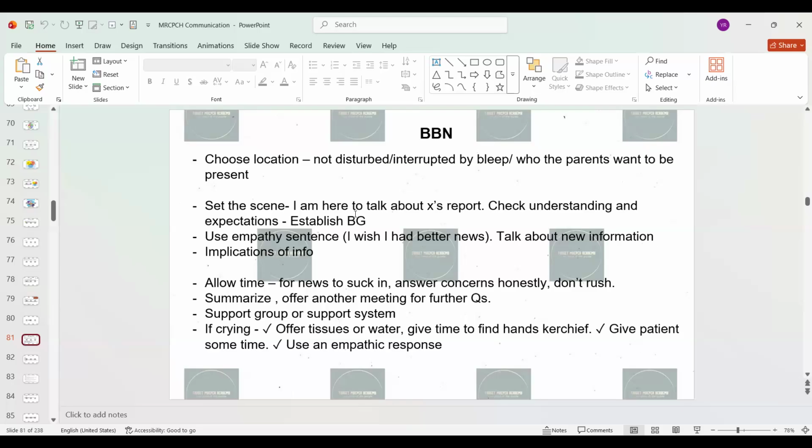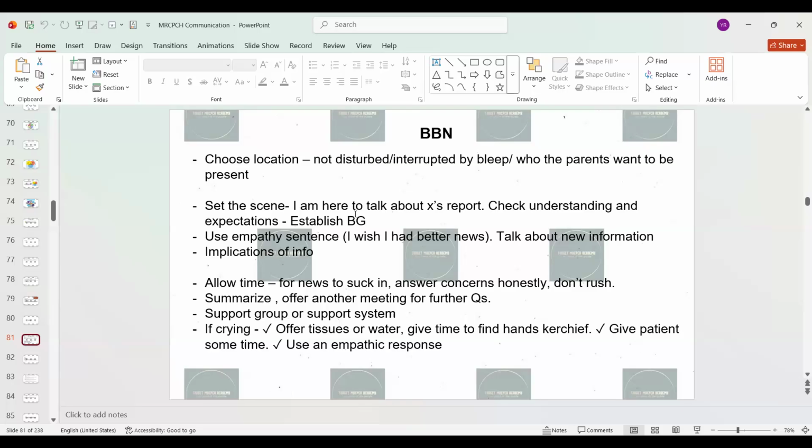So when you give a new information, quickly go through what it is and talk to them more about the implications of the information, what it would mean to the patient, to the family, and how we are going to support, what would be the next steps. So your aim should be to deliver those things in a way that you can support them rather than giving too much medical information that is not tested here. Here, more of your knowledge is not expected.